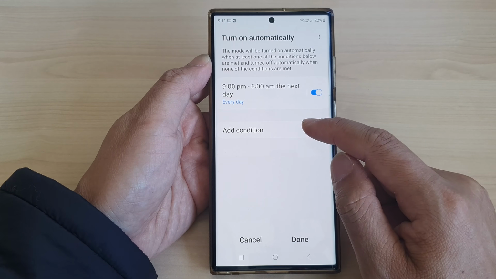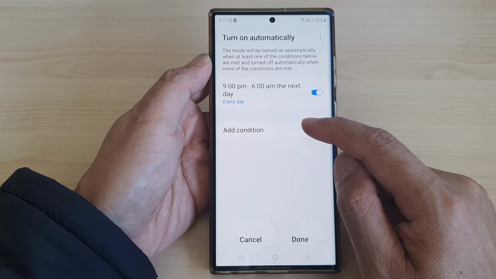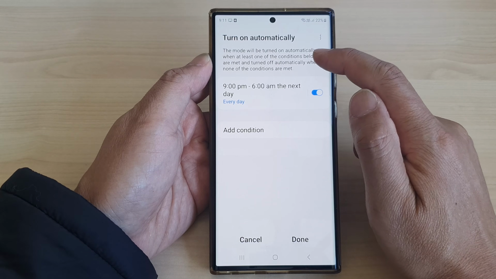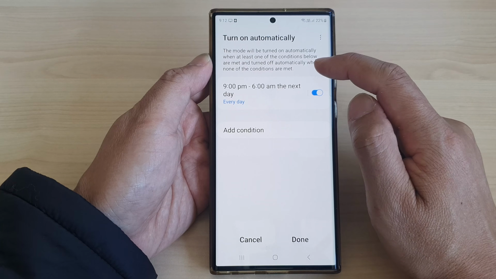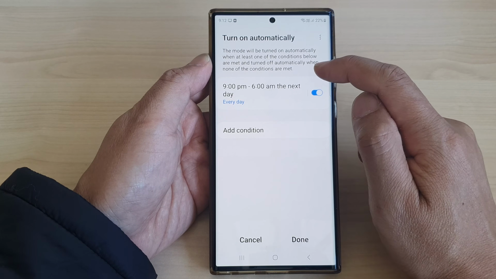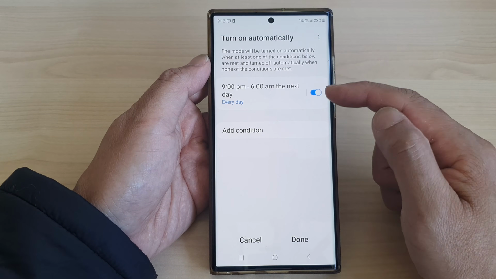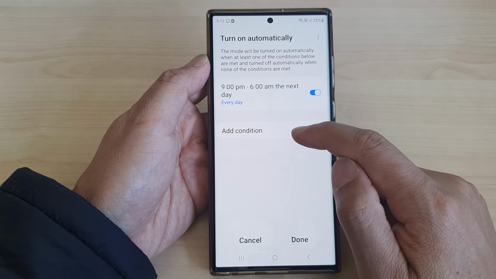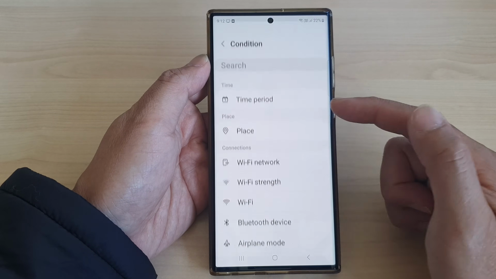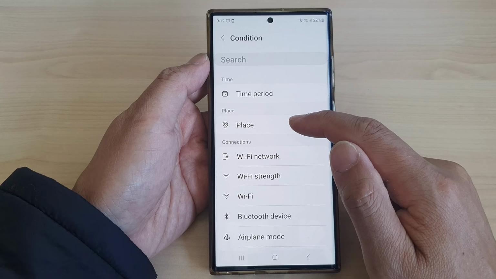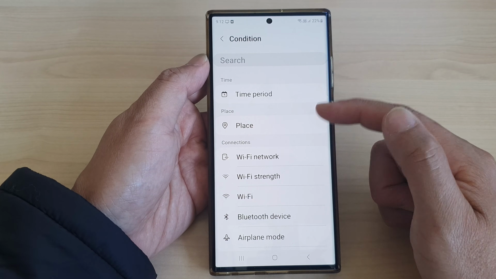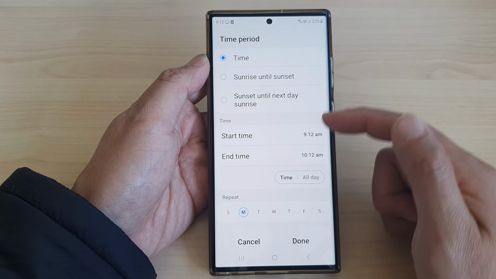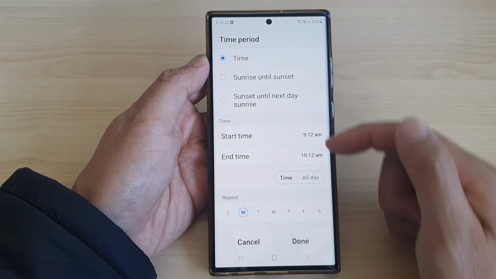And if you want, you can also choose to add a condition as well. So here, the mode will be turned on automatically when at least one of the conditions below are met, and turn off automatically when none of the conditions are met. So here we have the time schedule, and you can also choose a condition to add condition. So you can choose your phone will turn on at a particular place or a time period. So here we already set a time period,